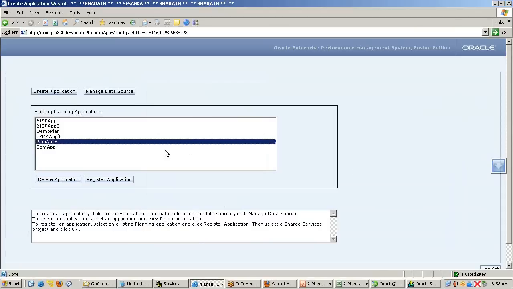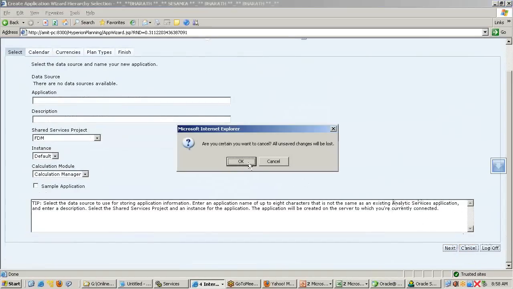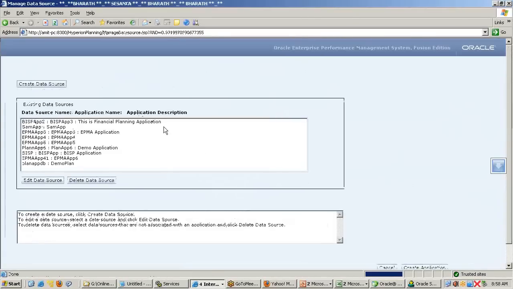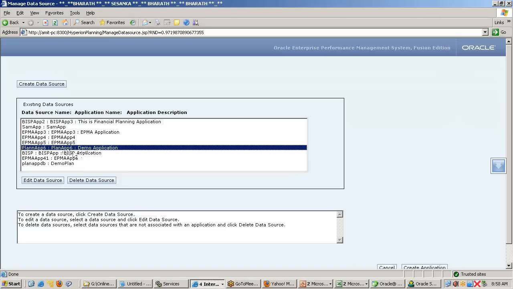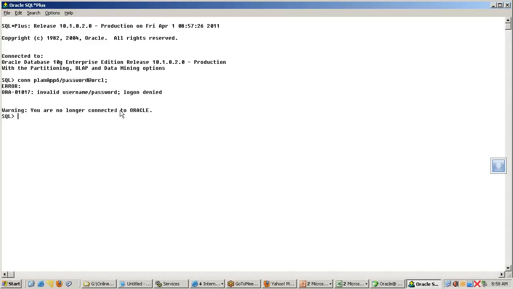Planning app 1 is there. Okay, planning application 6 has database plan app6. This is the name of my database. So I connect to this plan app6. In this database, my username